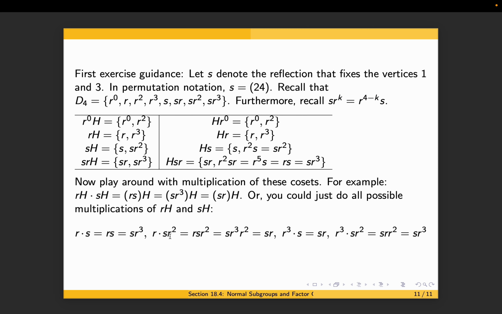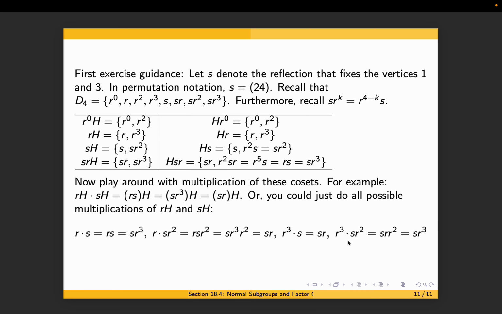R times SR squared is RSR squared, and then you can shift, what did I do? I shifted the S to the left, cost me an R cubed. So this is SR to the 5th, which is SR. And then R cubed S, you can just shift the S over and you get SR. And then R cubed SR squared, same deal. You shift this